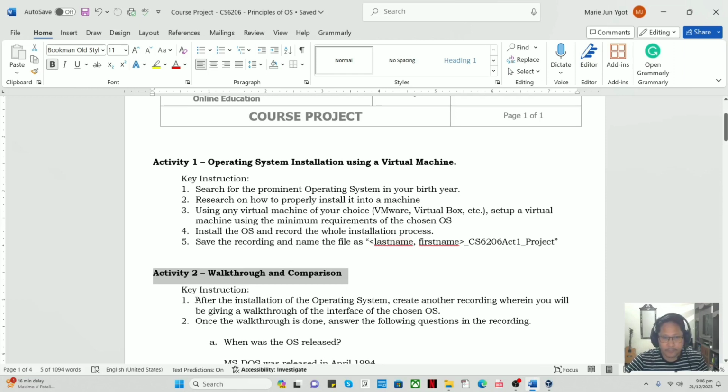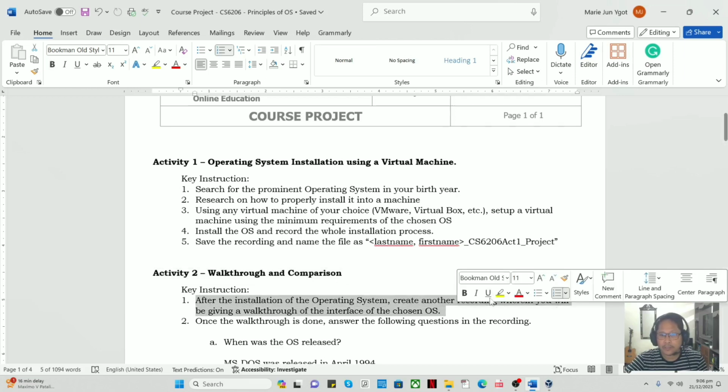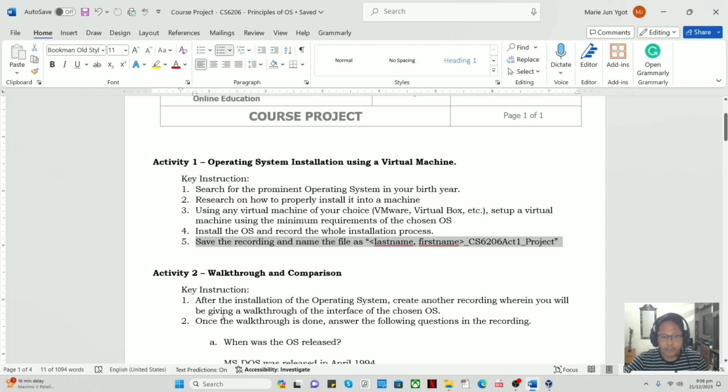So after the installation of the operating system, we are going to create another video. This is the video wherein we'll be giving a walkthrough of the interface of the chosen operating system. And once the walkthrough is done, I have to answer the following questions. But first, let's go to the number 1 task, which is the walkthrough of the MS-DOS